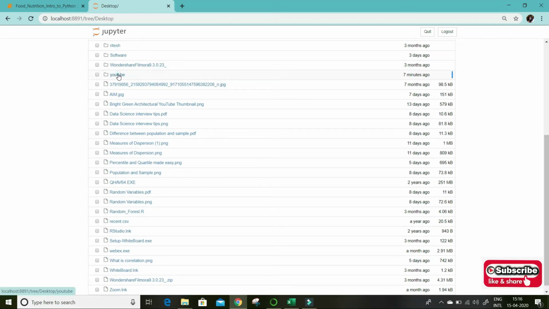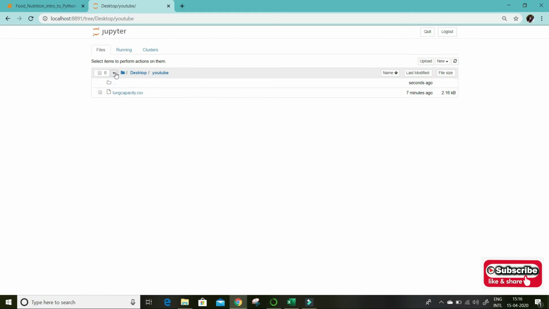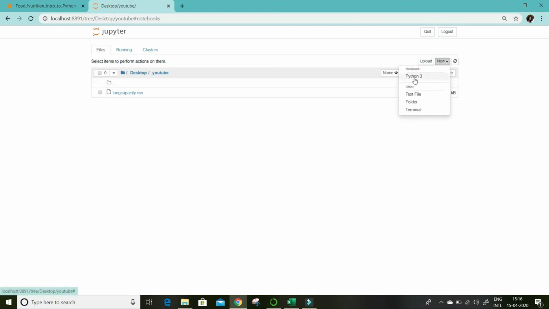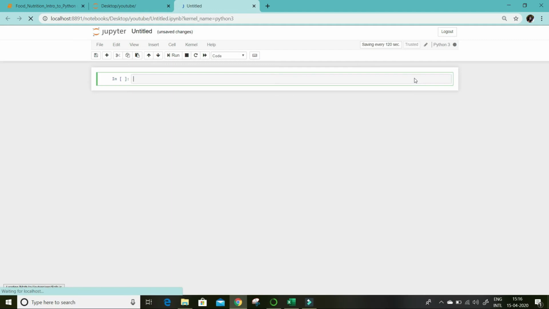Okay, so I can open this, and then again from here I can start a new Python file. I can write a new Python file over here. So let's capture it over here only. The difference between a direct Python file and going to a folder is that if your Excel sheet or your data set is placed in that location, it would be easy to address it. You don't need to set the directory. We will see what I mean by setting the directory.